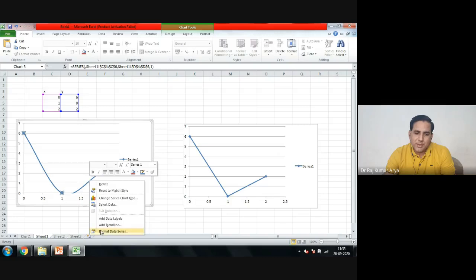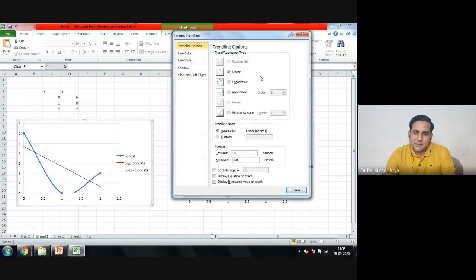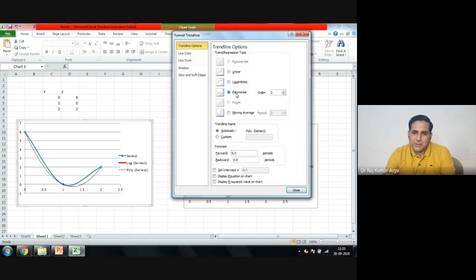Now you want to have a trend line for that. Let's say you want to have a polynomial. This is for second order polynomial. Let's say you are changing to fifth order. So nothing is getting changed here. Not much, because fifth order is not getting fit. Why is it not getting fit? Because your number of data points is just 3. So if you want to go to fifth order, you will have 5 unknowns, and data points are just 3. So you cannot fit a fifth order.